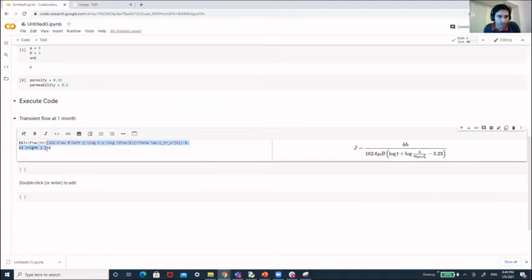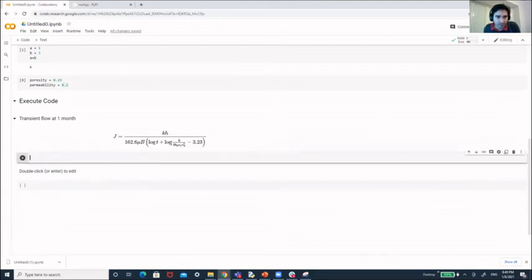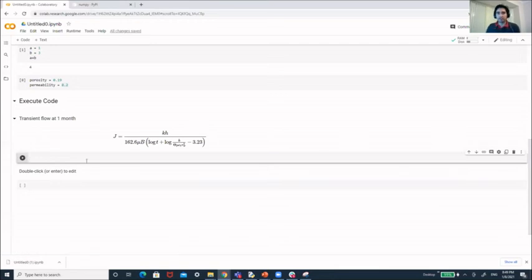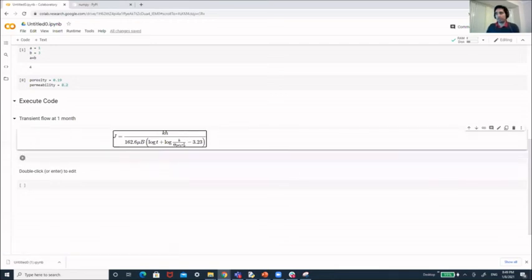I can use this fraction in different places of the equation. I have a fraction here for this term within the log, and I can also use Greek letters like theta. A very interesting way to document your notebooks.